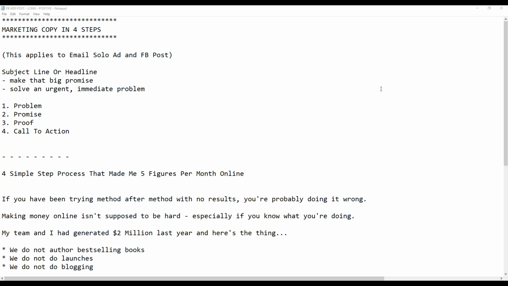So a very simple school of thought is that you want to make that big promise, but when I say big, I don't mean hyping things up. But the most important thing here is that you need to solve an urgent, immediate problem. All right. And then when it comes to the body of the marketing copy, it usually is written in 4